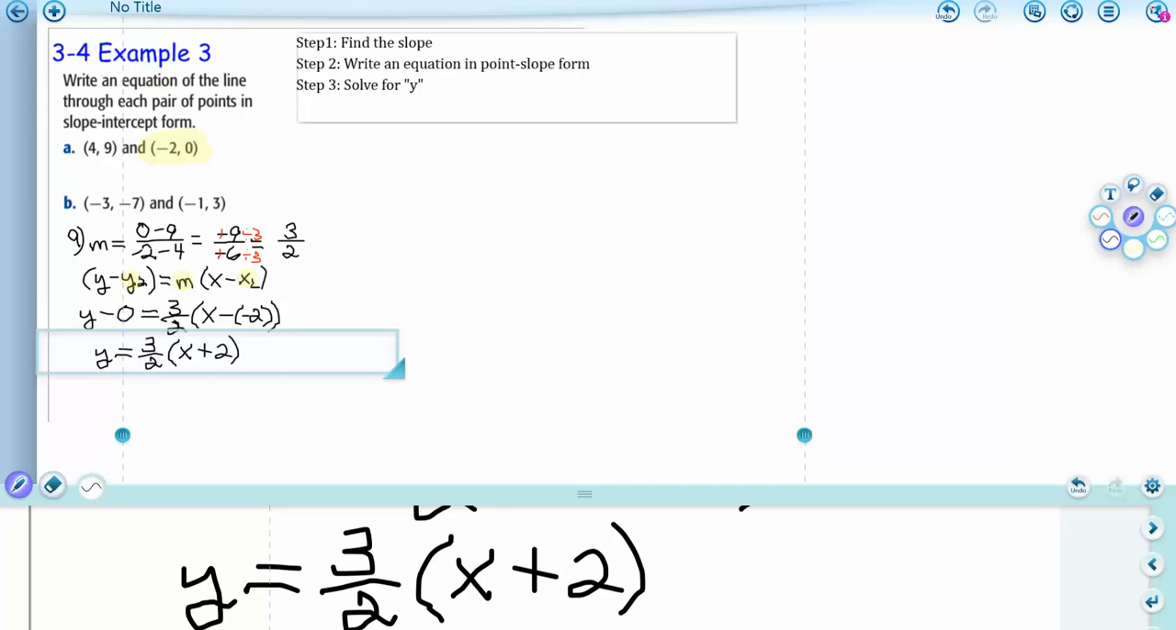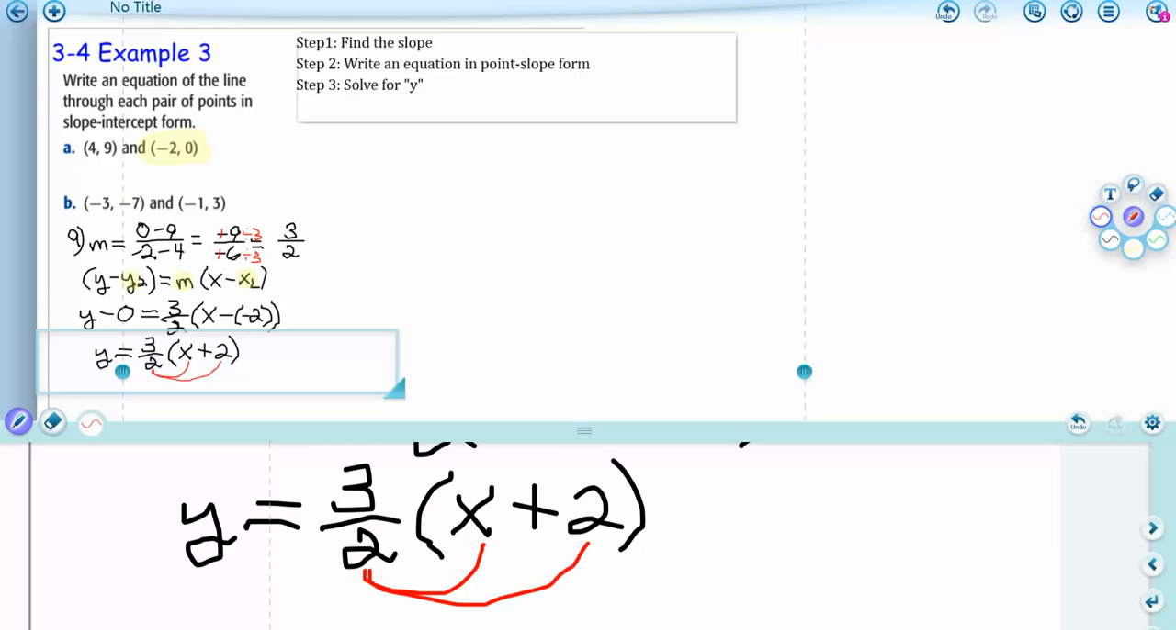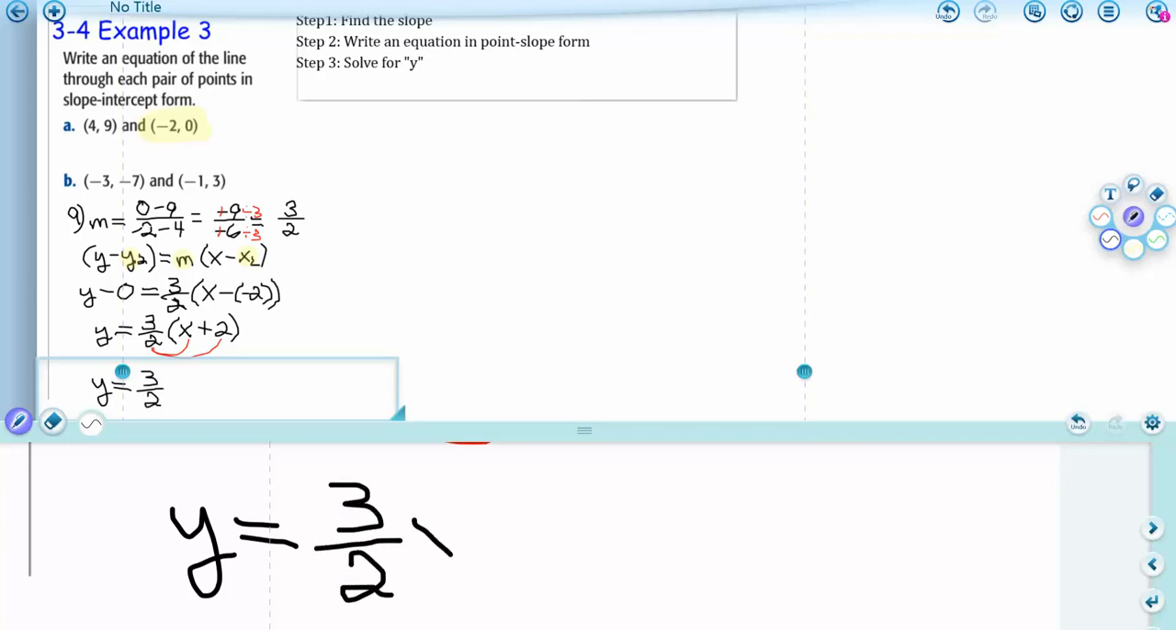And now all I have to do is use distributive property to multiply 3/2 times x and 3/2 times 2, and I will have simplified this all the way. So this is y equals 3/2 times x is just 3/2 x plus, now 2 times 3/2